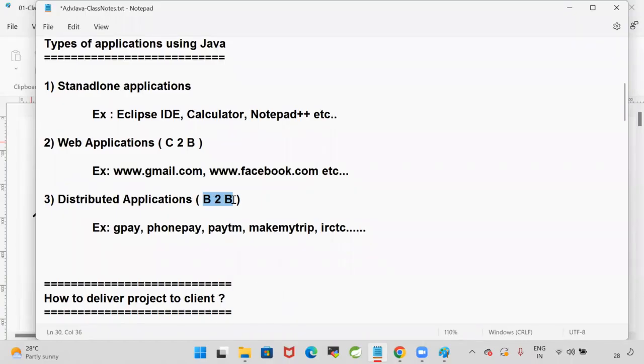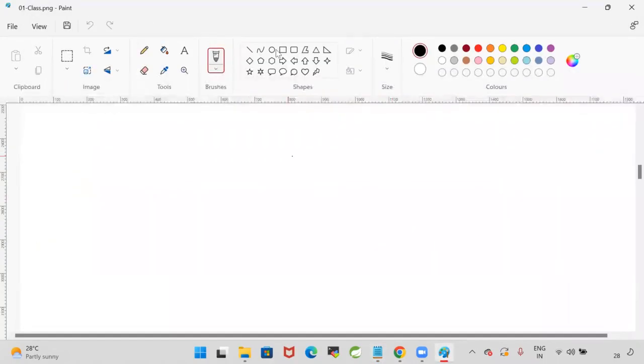Both. SBI is providing C2B as well as B2B. What is C2B? What is B2B? Customer to business communication, business to business communication. So now tomorrow in the Java course, at the end of this course, you will be able to develop front-end